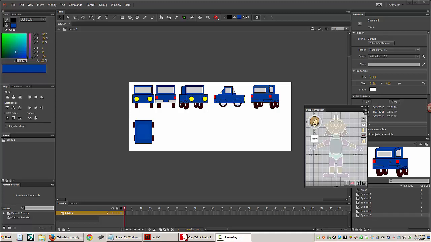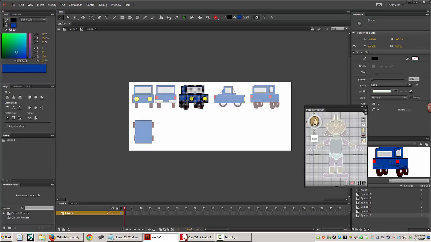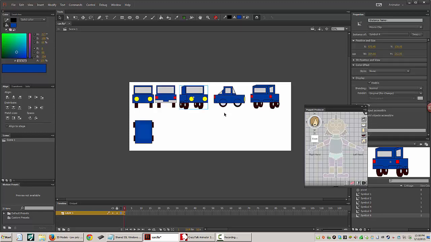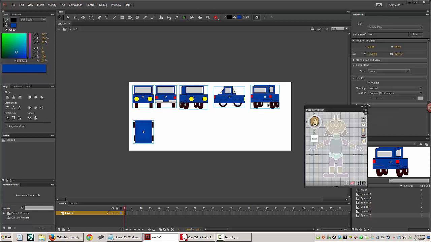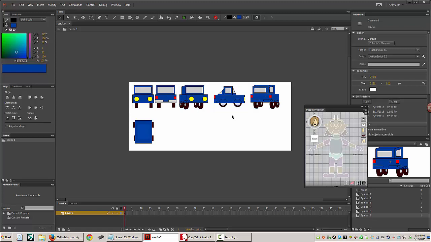Alright, so it's been a while since I've done an experimental type of video where I'm actually trying to push Crazy Talk into doing things that it wasn't intended to do. In this case, what I've done is in Flash, I've just basically quickly drawn up this little sketch of a car. Nothing fancy, I just wanted to get it done and get it over with. So the artwork itself is not the important thing. The important thing is that we drew the character and all the primary